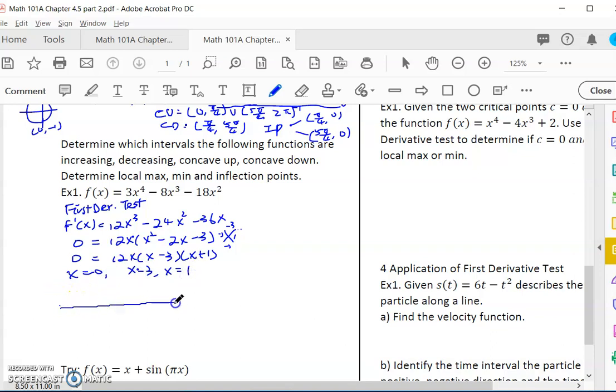Label them according to sequential order: negative 3, 0, 1. If you switch them around, it doesn't work. Now you want to test the sign. So I pick some test point, x equal to negative 4. If I put in 12, negative 4, negative 4 minus 3, negative 4 plus 3, it's going to